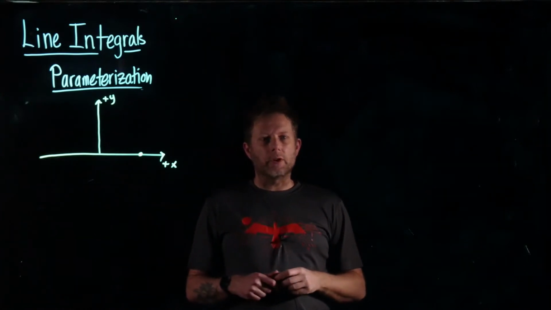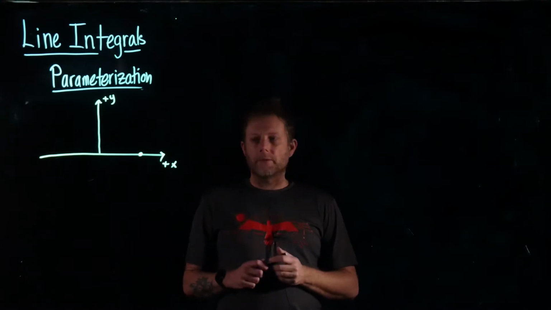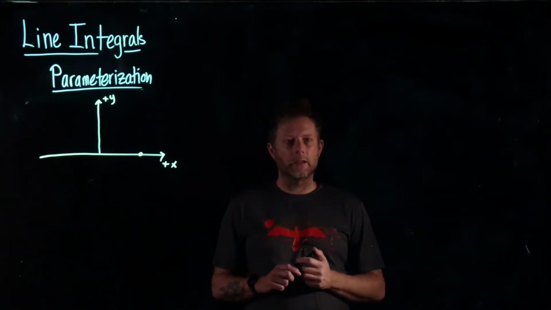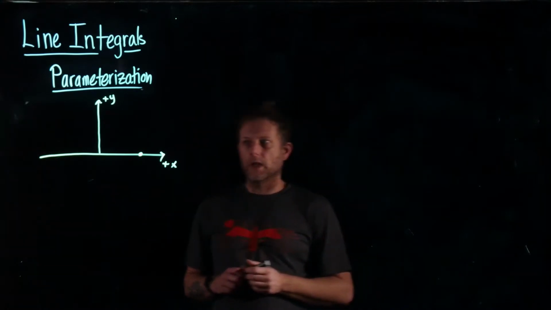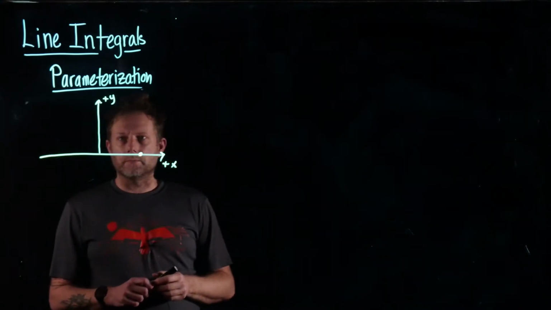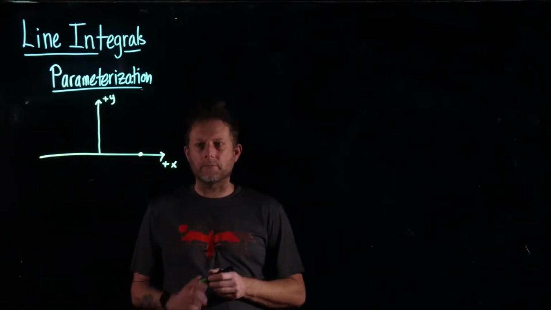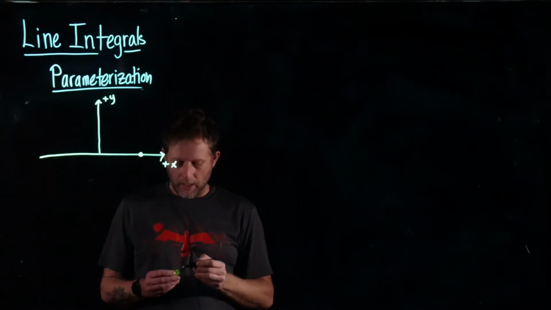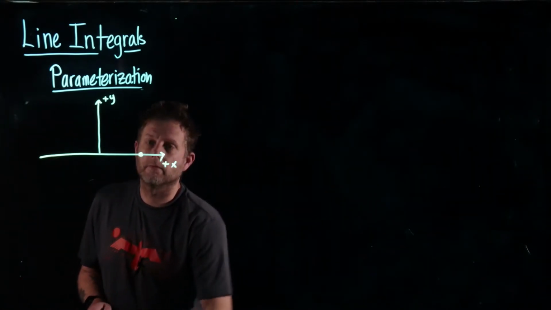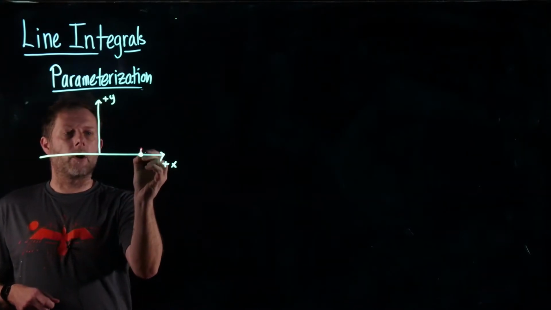So we're going to take an example of how we can use parameterization to calculate the work when we move along a different kind of path that is not a straight line segment along x and y. In this example, I have sketched a Cartesian coordinate system x and y. We have an object at this position here. We're going to move that object to a new position, so we're doing some work, but we're doing that along